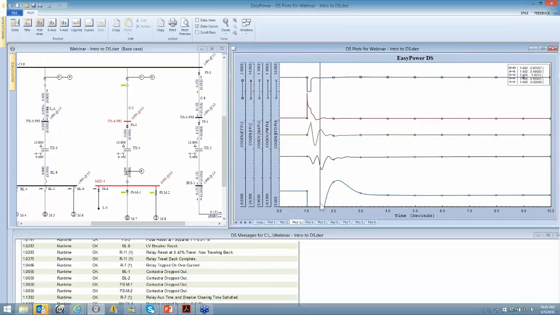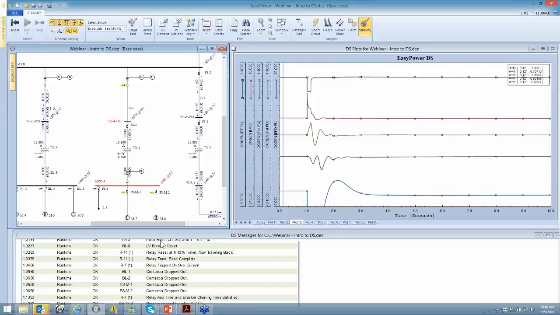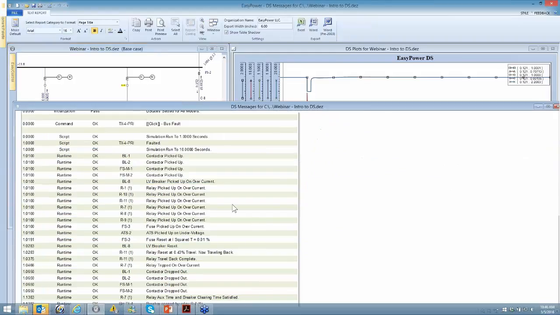All right, so here's the plots right now for the cogen and what happens to the load as a result of that particular fault and how it recovers. Actually, the field collapses and then goes through recovery to bring the rest of the loads online. And what we see is the relay cleared the fault, and we don't really see anything as far as the final state of what may have happened to the fuse. However, if we go to the message log and get into this, we see that the fuse that I'm